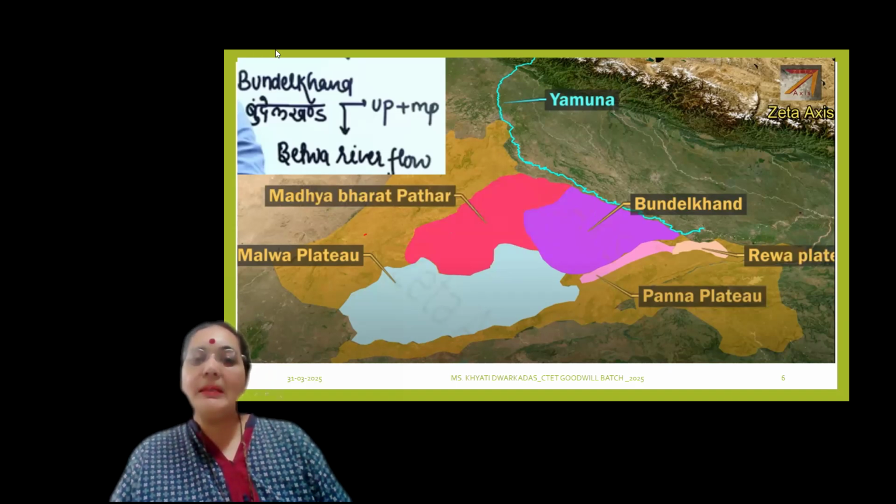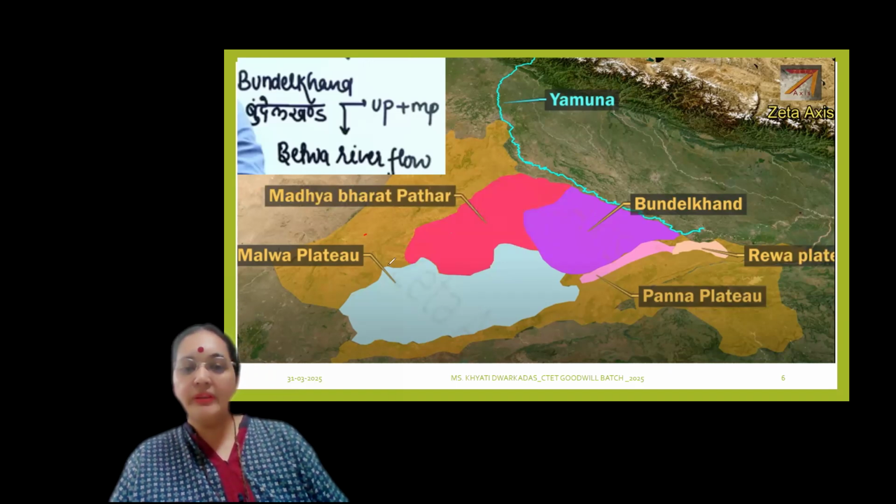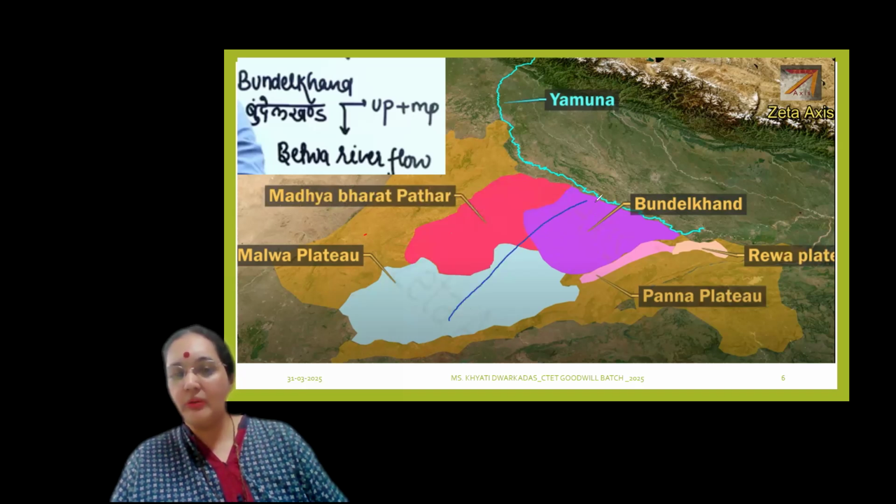So had you to make the rivers, I'll make one quick and show you. Had we to draw the rivers, you can see Yamuna here. So Chambal would be flowing through this plateau. And we know Betwa flows here. Baghelkhand is where Ken flows. There's also one river, Son, which flows into